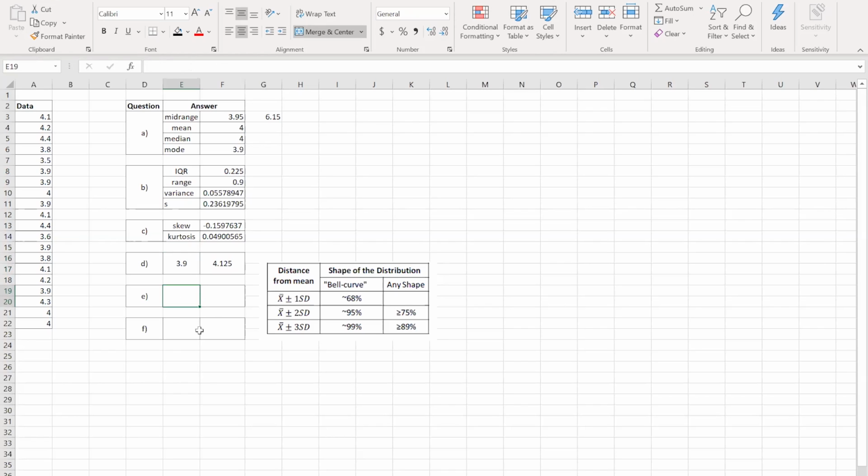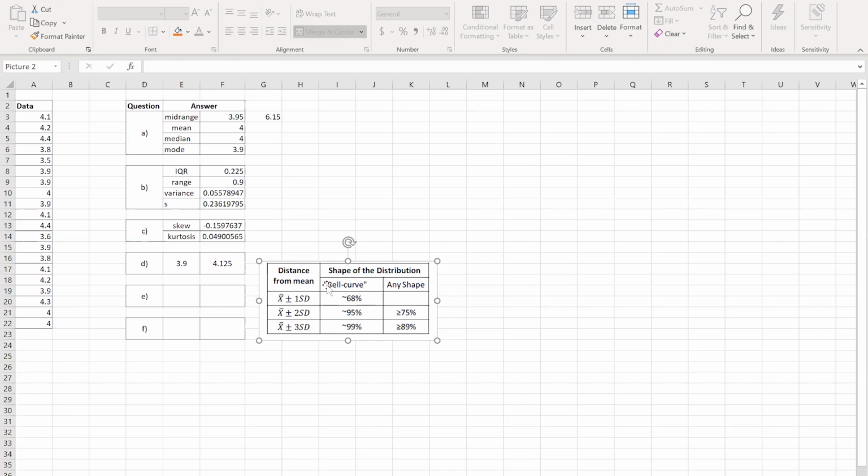For E, we're saying what range is 68% of the values. This is technically worded as if we measured 1,000 times instead of just 20 times. So essentially, if this was a normal distribution, what range would we expect to find 68% of the values to be between? Well, looking over here at this very important table, you don't have to worry about this